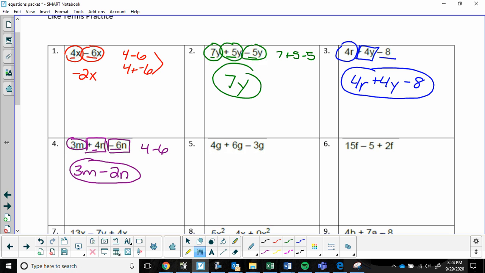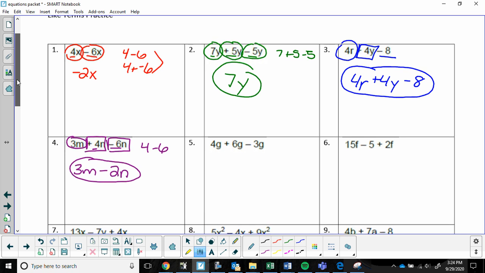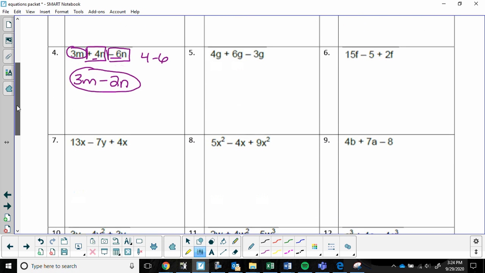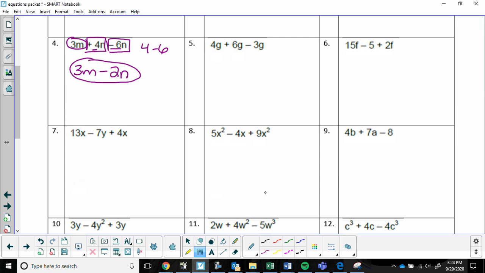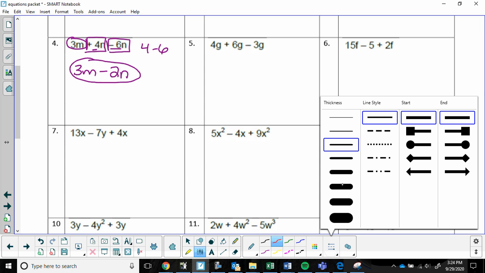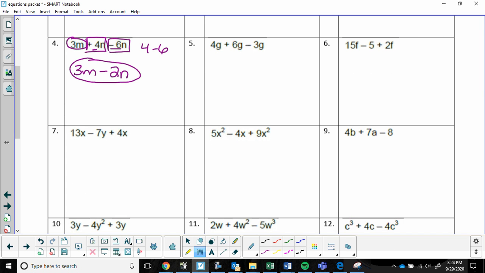Well, actually, no, we didn't. We skipped down and we did number 8. Dealt with some exponents. So I'm going to skip down and go to number 8. Here we go. Let's start here